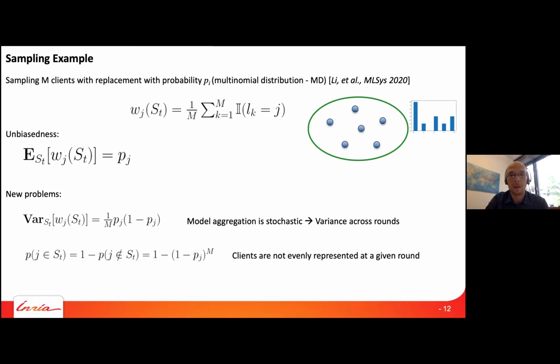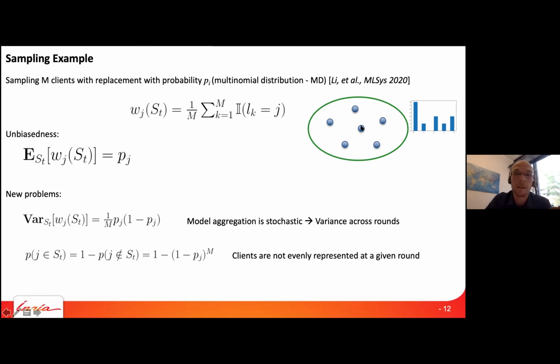Then, this is with replacement. So it means that we can pick the client more than once in the same iteration. And some client might not be picked at all because, well, it's just the sampling in this distribution. And so you can see that this formula actually guarantees the unbiasedness because on average, well, every client will be represented with this sampling with replacement based on its original probability in the distribution of the clients. And so this is actually providing an unbiased sampling strategy, which is good.